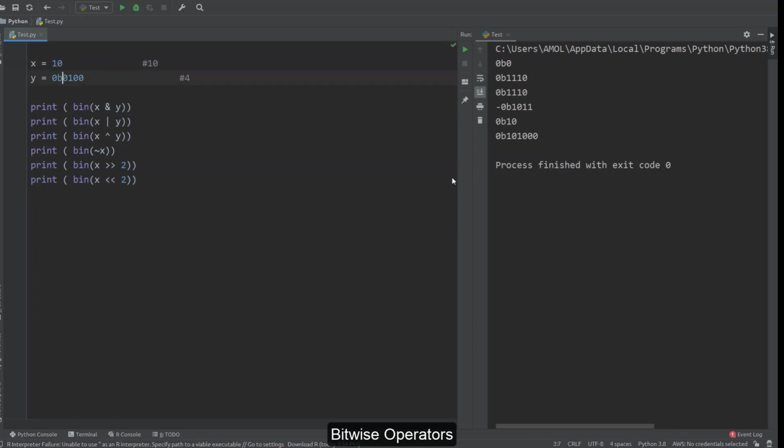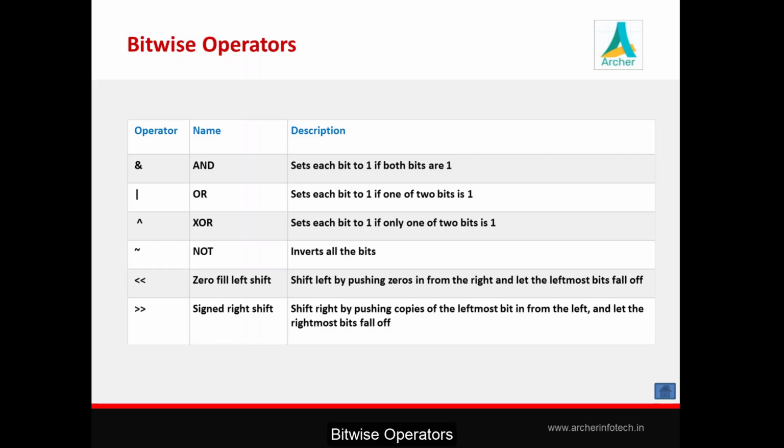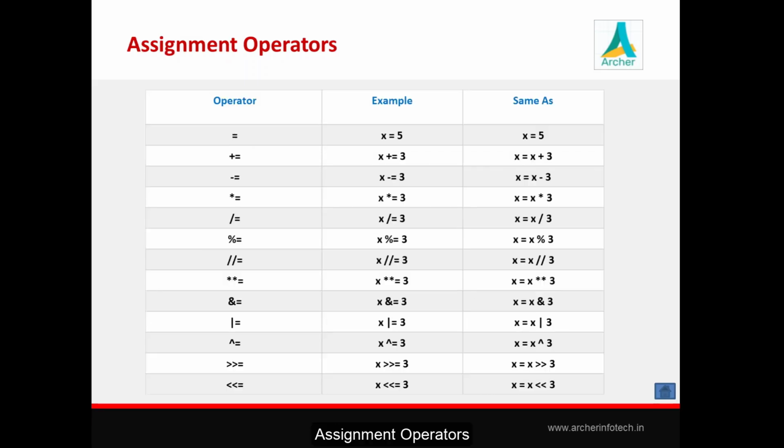You can directly say 10 and 4, and the end result will remain the same here. And if you want to print the outcome in decimal format, just eliminate this bin function, you will get output in decimal format. Okay. So these are 6 operators known as bitwise operators, operating on bit values of your number and returning the result. Now the next category of operator is the assignment operator, or you can say shorthand operator.